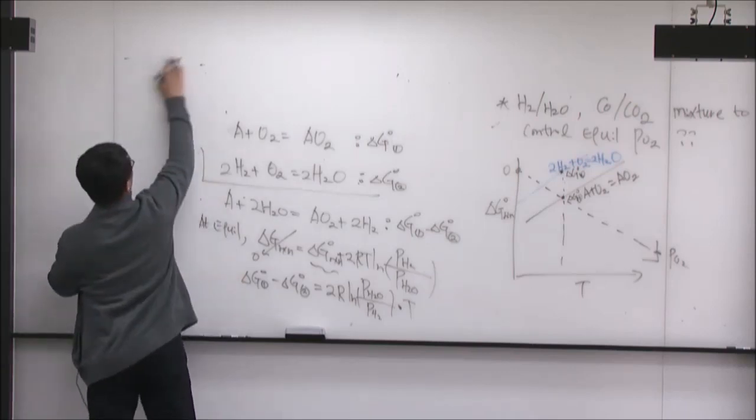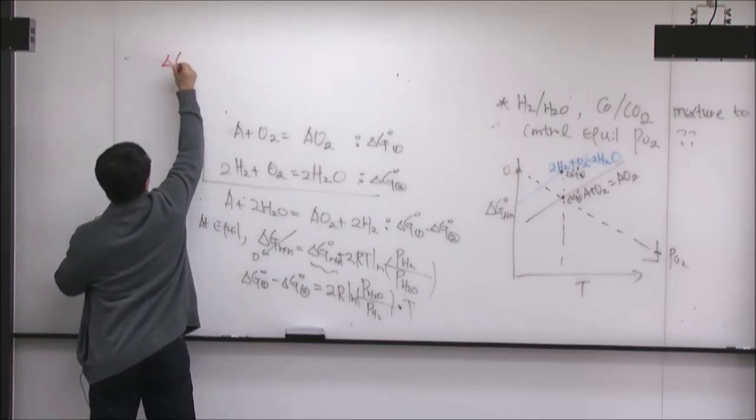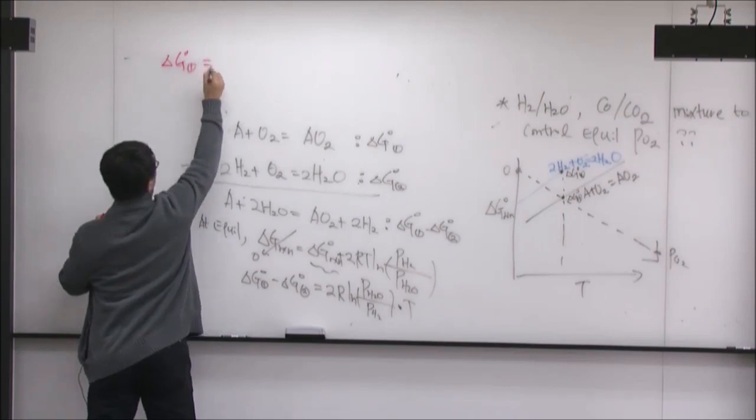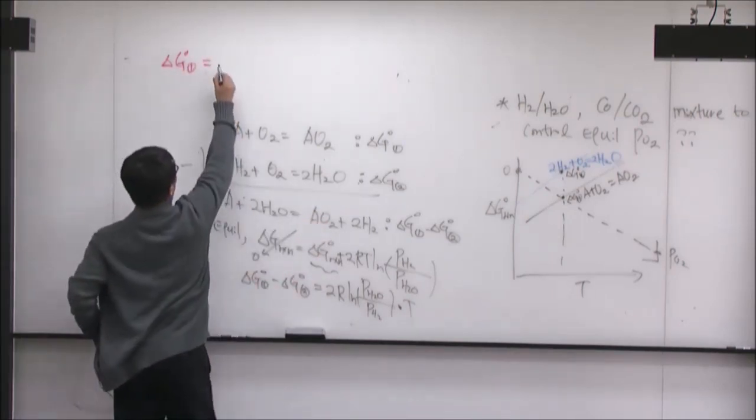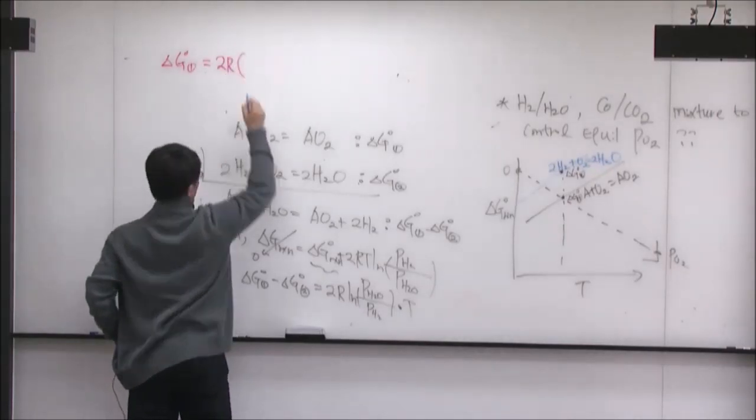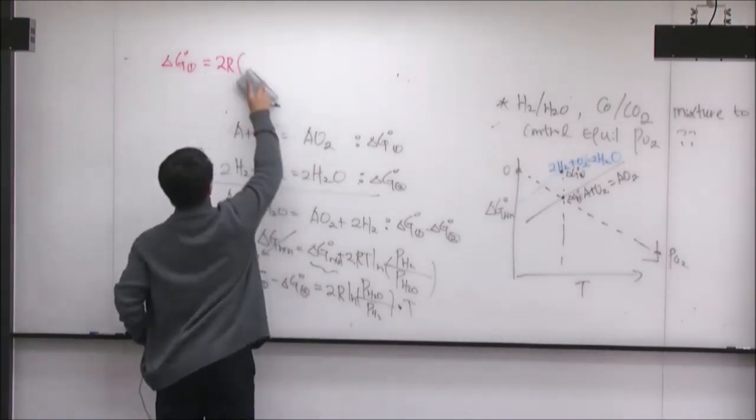So, delta G naught 1 equal to, I'm moving delta G naught 2 to the other side, 2R ln